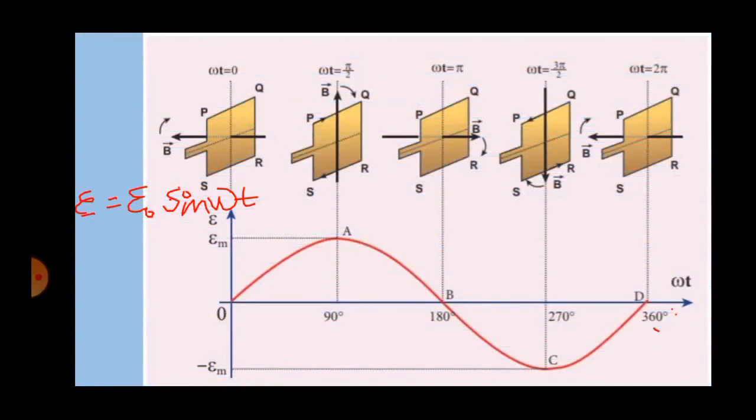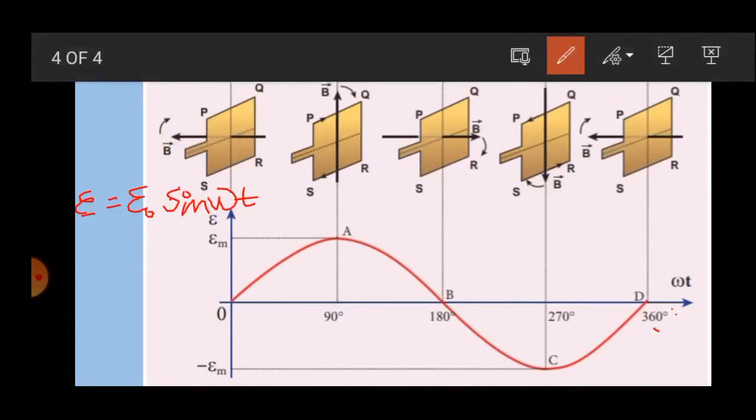Now see, in the graph, the graph between induced EMF and time, or angle. So this is a simple circuit. This is the rectangular loop PQRS and the magnetic field is acting in one direction. The field and the rectangular loop are perpendicular. At the initial position the field magnet is horizontal, and the normal is acting in the same direction, parallel to the magnetic field.